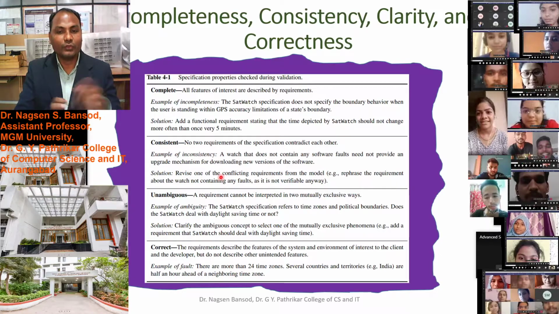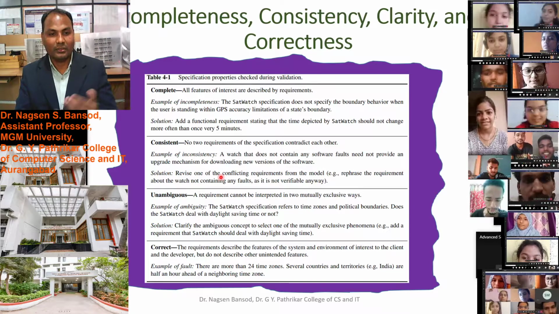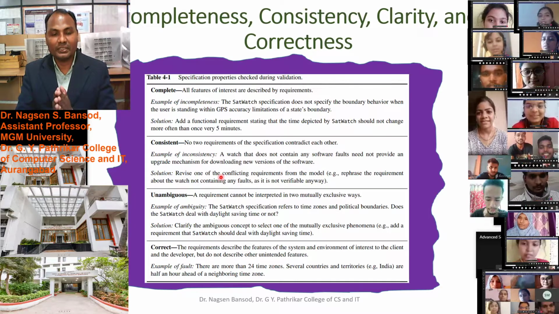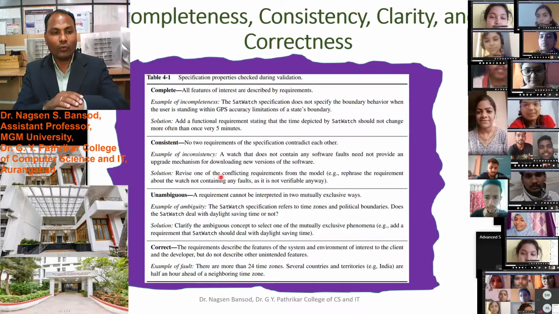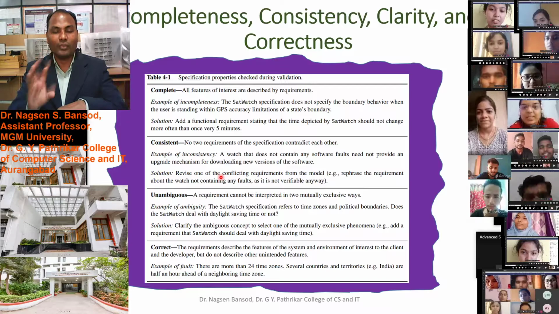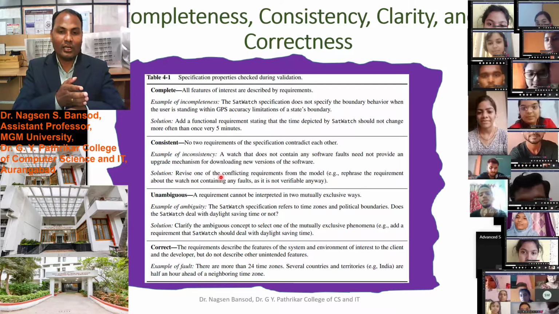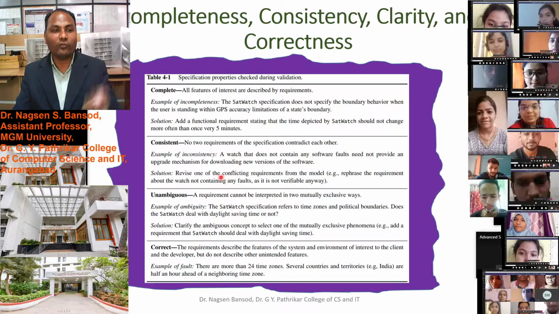Therefore there is no software to upgrade if there is no fault. This is consistent. Though your watch will not work, there is the mechanism that the watch will not find any fault.